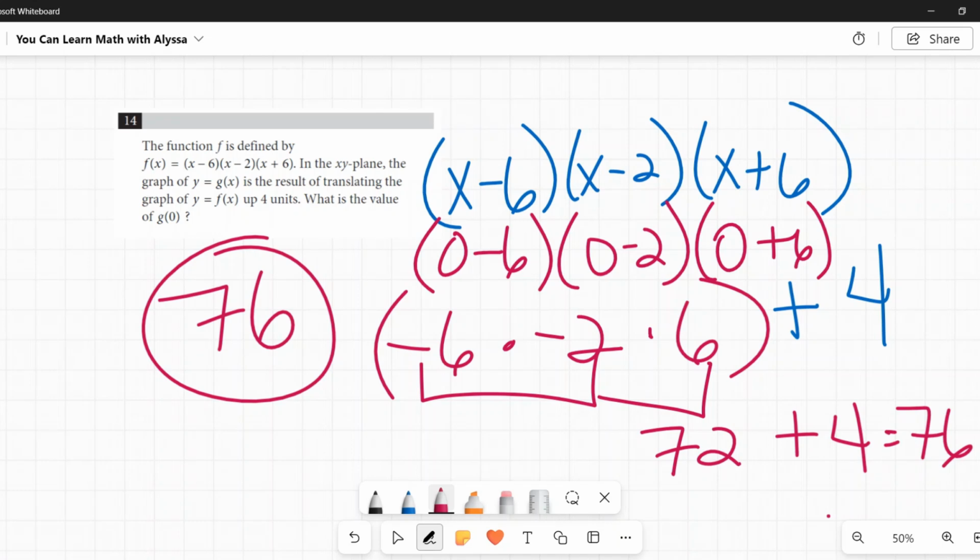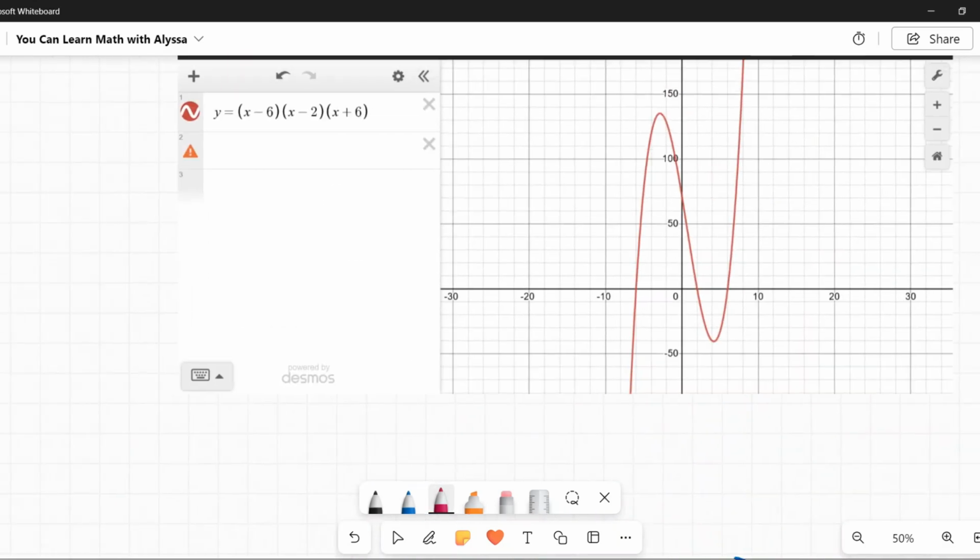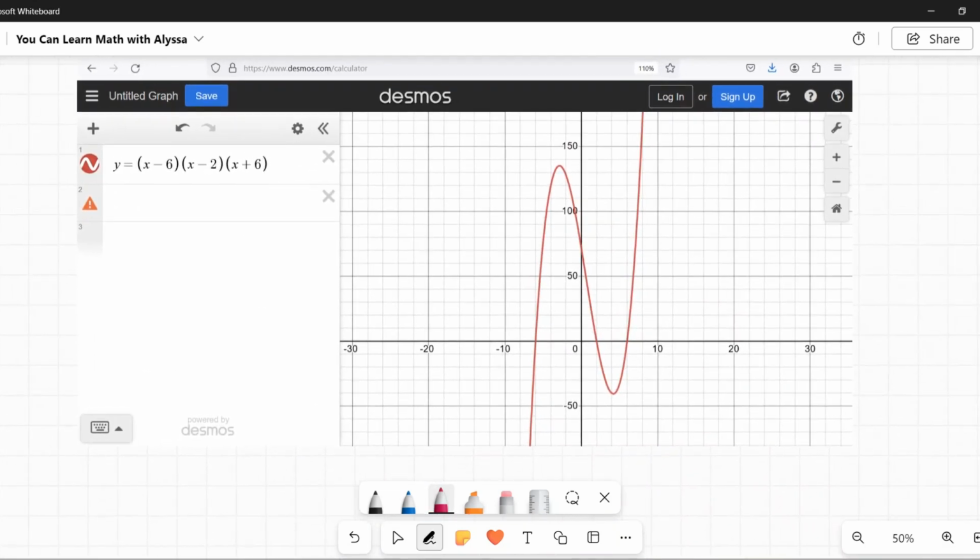Another way you can do this is by graphing. Here, I put this into Desmos, and this is a really very tall, extreme graph. As you can see, I have really changed the proportions here. Here you see this represents 10 and this represents 50. That's just so you can see it. When you first put it in, it's going to look very much like that. You really have to zoom in and change the ratio, the proportions, to see it. But what you are looking for, because when it says